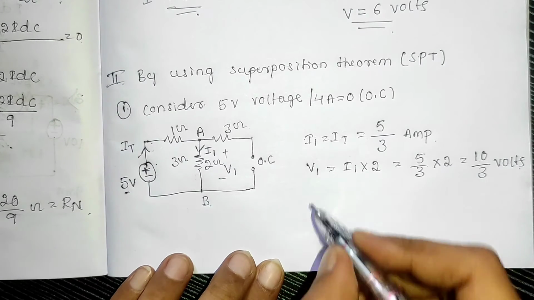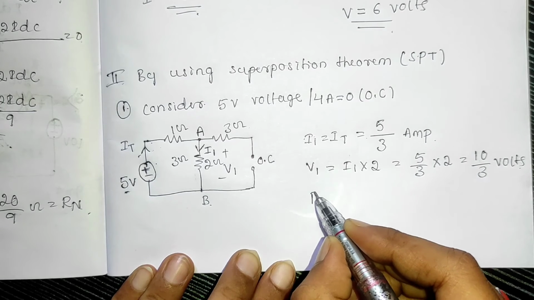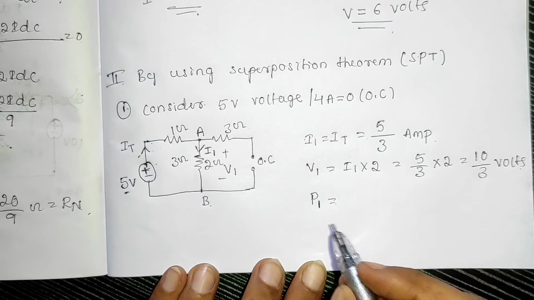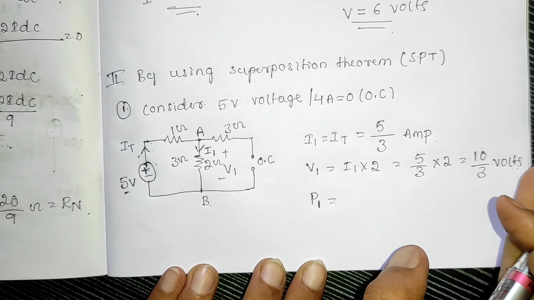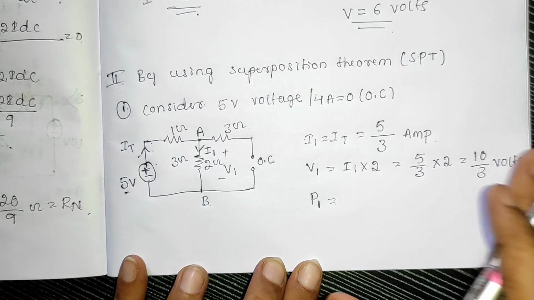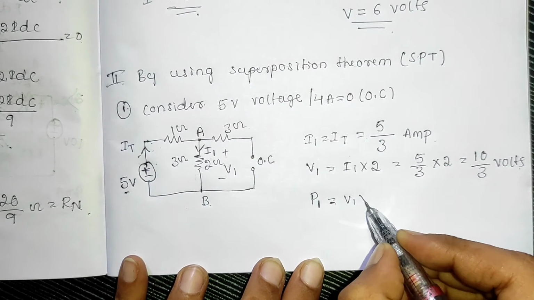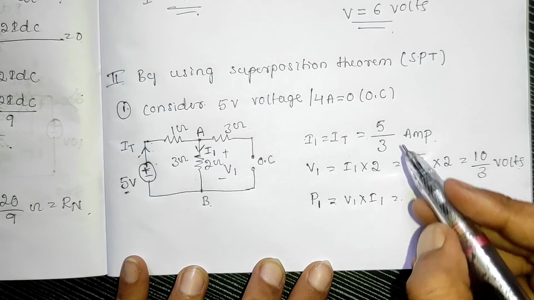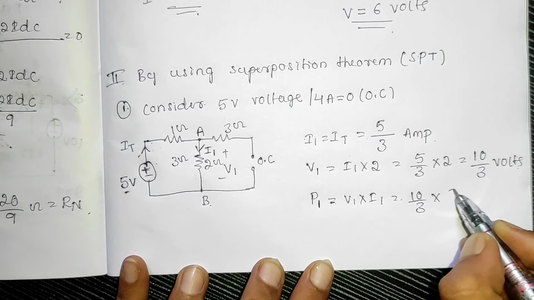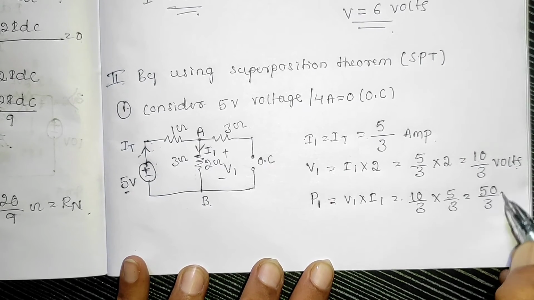So now here you can find power. Power has non-linear characteristics, but the superposition theorem is applicable for only linear networks. So here the power value equals V1 into I1. You know the value of V1 is 10 divided by 3, so into 5 divided by 3, that is equal to 50 divided by 3 watts,